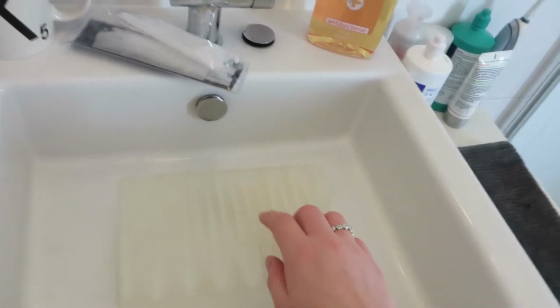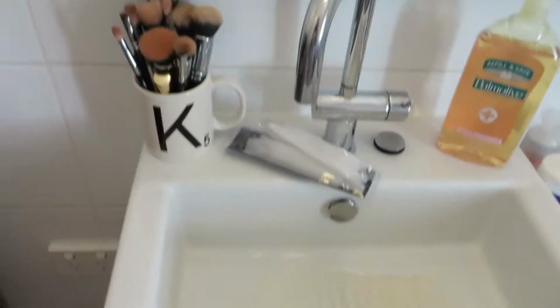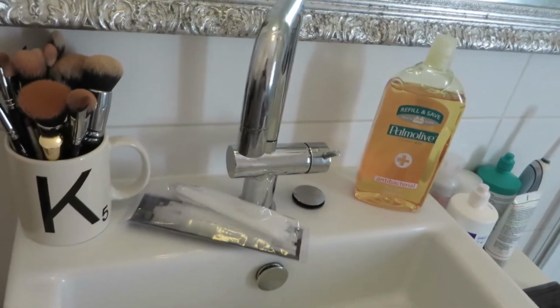Flat surfaces don't tend to clean it as much as I would like them to, so I've gone for this instead. So yeah, I'll just show you quickly how I do this. Okay, let's get started. Basically, grab a brush,